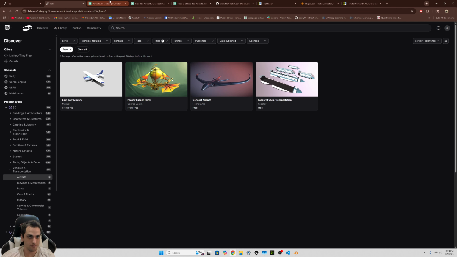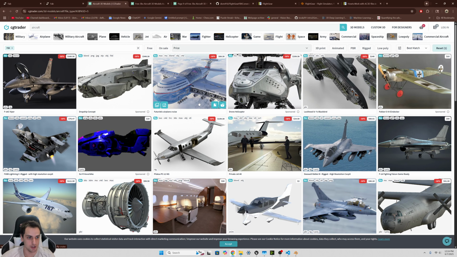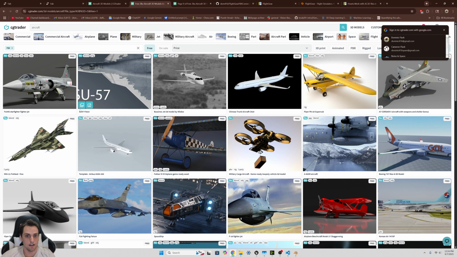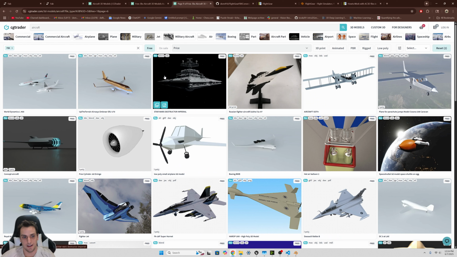It's the same story on CG Trader. There's a ton of paid assets, but when you get to free, maybe there's like 50 to 100 decent planes, but most of them are duplicates. And past the first few pages, most of them are just untextured or just random things like star destroyers and stuff. So today I'm going to show you how to get hundreds of planes